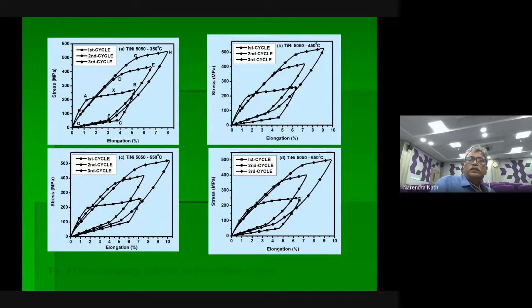And these are all, you see here, up to a point recording is taking place. After that, suddenly it is coming to the origin. So if you see this, there is no residual stress as per this graph. But actually there is a residual stress. It should come and stop somewhere here. So it never goes in this fashion. So in shape memory alloys.